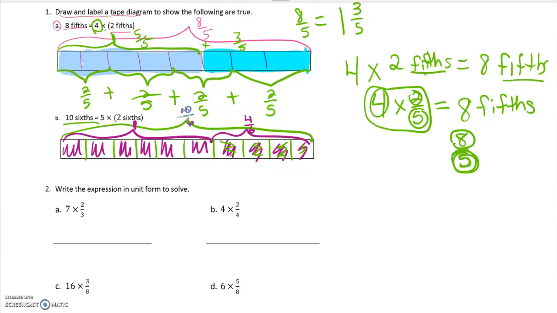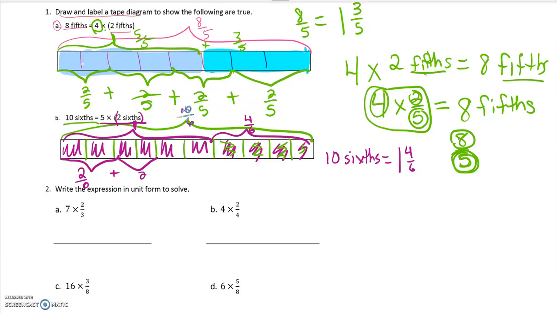So right now what I know is that 10 sixths is equal to 1 whole and 4 sixths. But I also need to prove that it is equal to 5 groups of 2 sixths. So I need to make 2/6, and these parentheses show me how many I'm going to put in a bracket. So 2/6